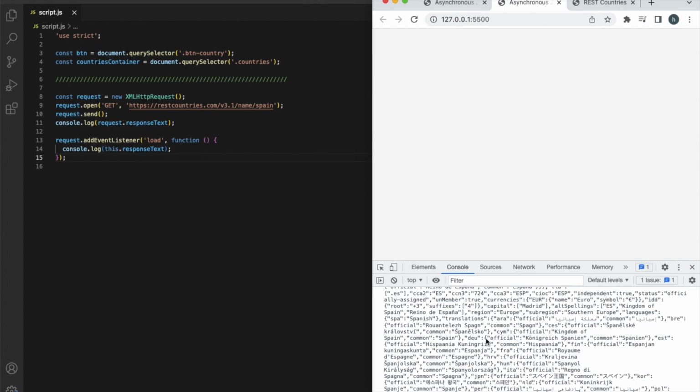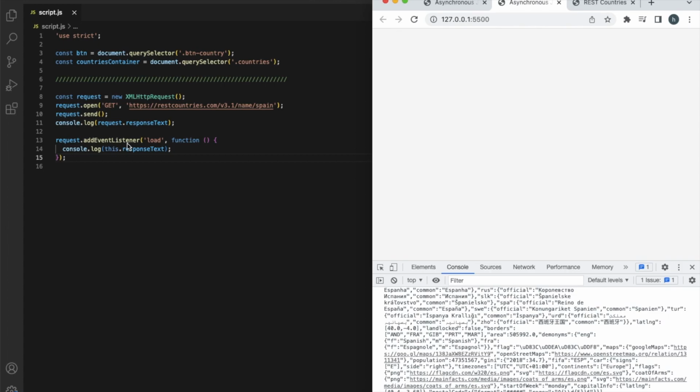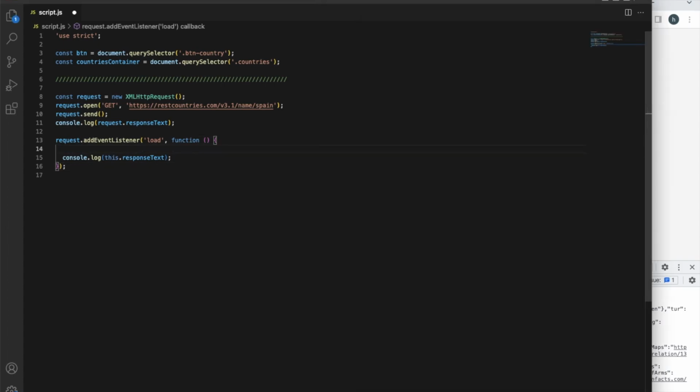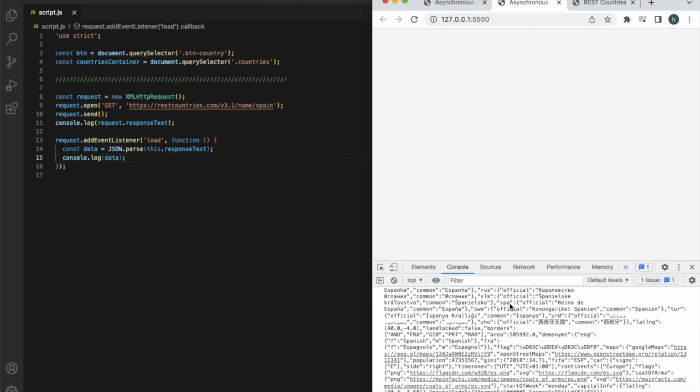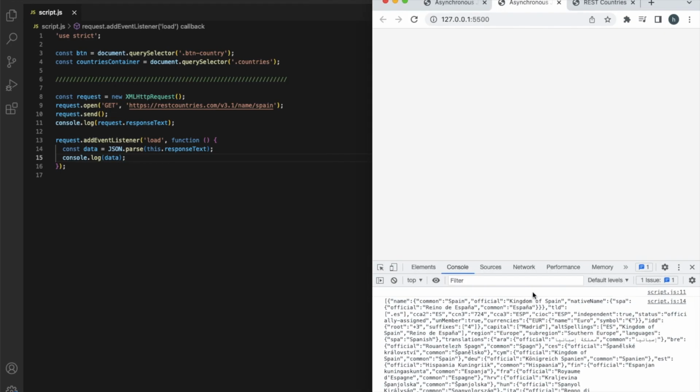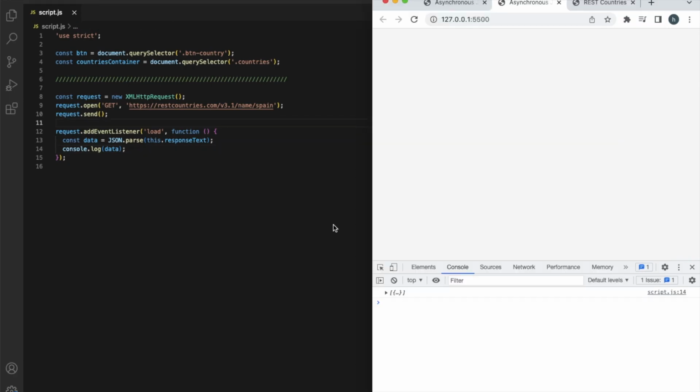So remember that JSON is basically just a big string or text, and so what we need to do here is to convert that. And so JSON.parse this.responseText. So let's take a look at the data. By the way, as you see here, of course the result of responseText out here is nothing, right? So get rid of this. And so indeed here we have this object with all the data